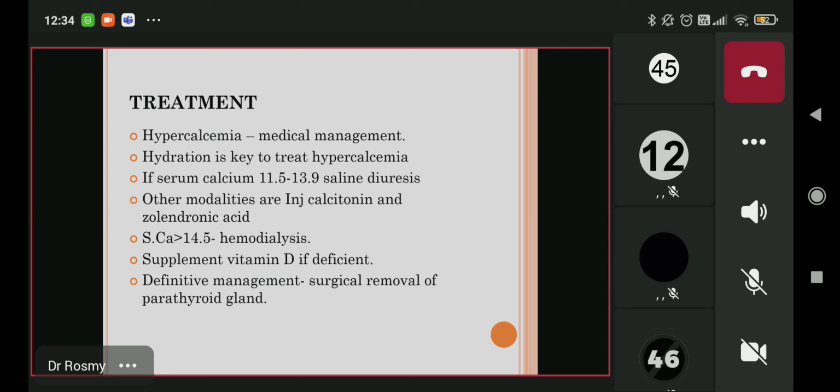After identifying, what will you do for a hyperparathyroid patient? I told you that all the symptoms are because of hypercalcemia. So medically, you have to manage hypercalcemia. The foremost important thing which you are supposed to do for hypercalcemia is to maintain the hydration of the patient. The moment your calcium level increases more than 10.5 up to 11.5, oral fluid